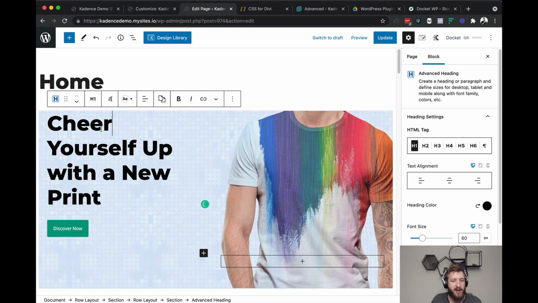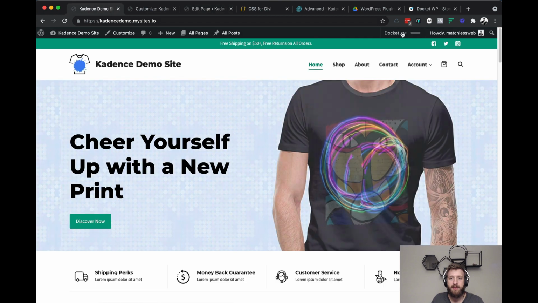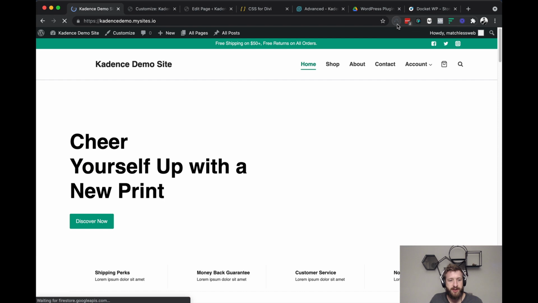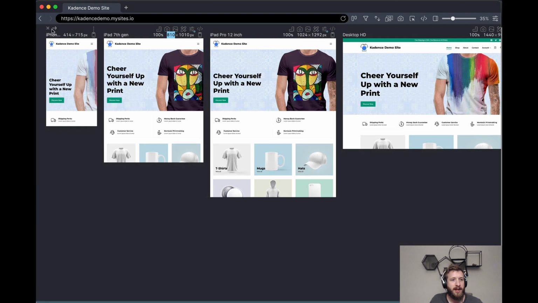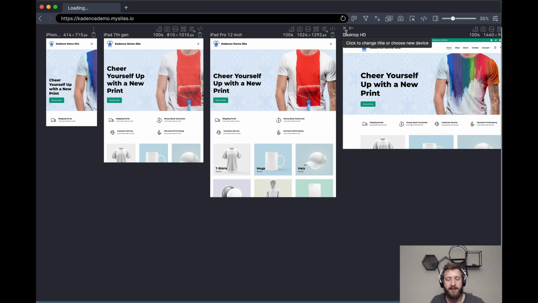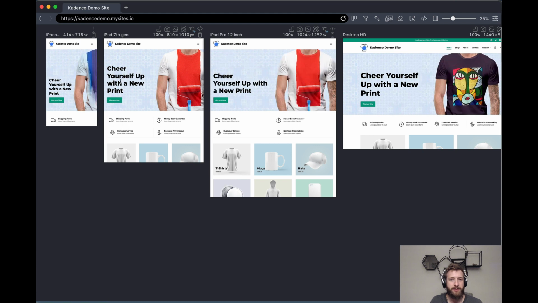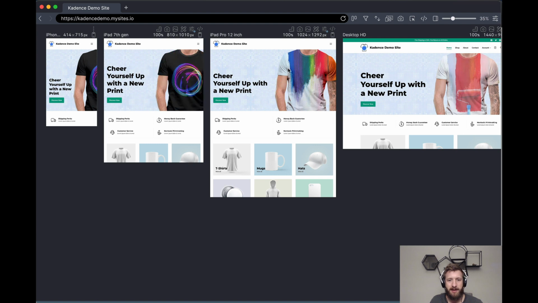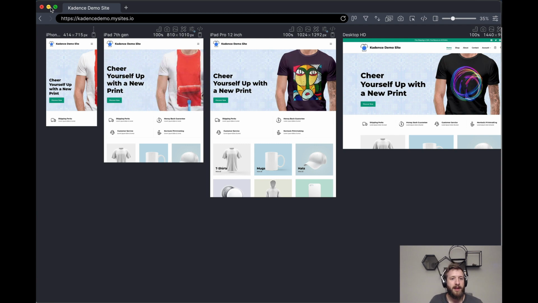We have a line break, so now if we were to save that page and then preview it on the front end, we would see that now the word "cheer" is on its own line, and then everything else follows suit. And if I were to refresh in Polypane, I could see how that acts across different devices. Some of those mobile layouts were already using that single word "cheer," but now you can see on these larger device sizes that's also being treated that way.